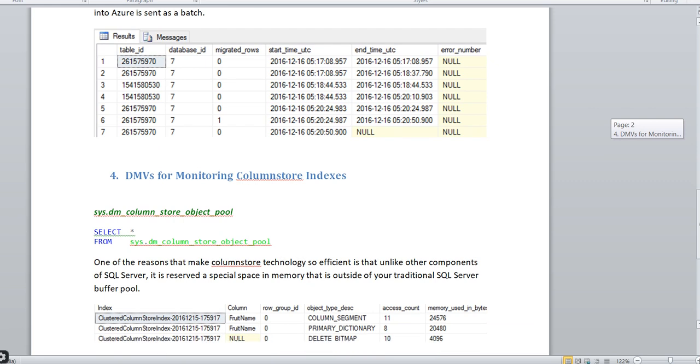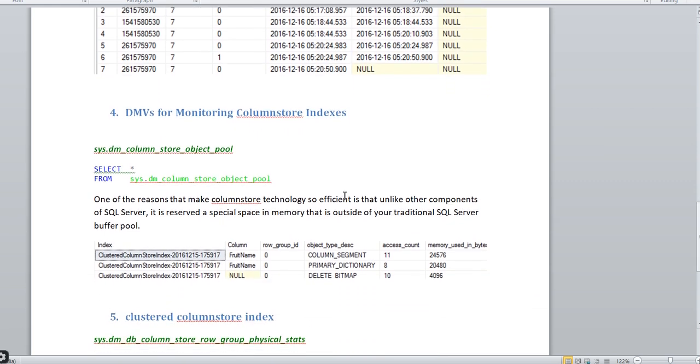This is also useful. And the fourth one is monitoring the column store index. This is also a very interesting thing. I have already created one video about the column store index, you can visit my video on what a column store index is. In 2016 they introduced one DMV called column store object pools.